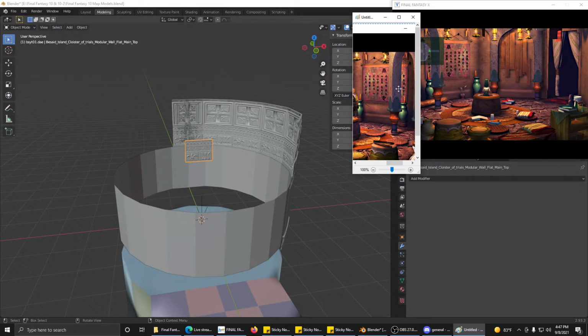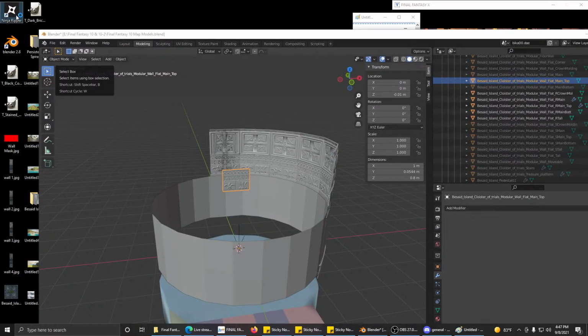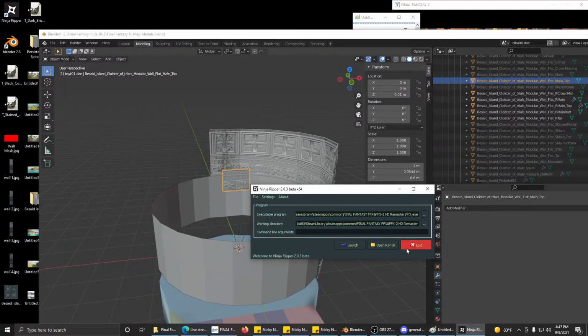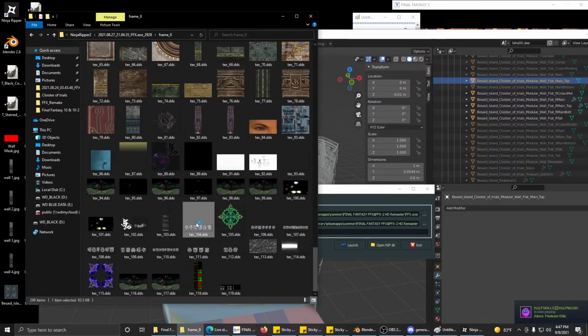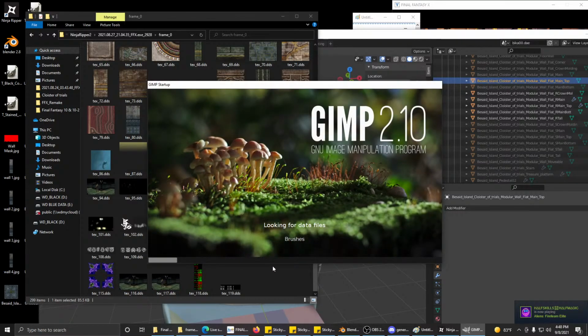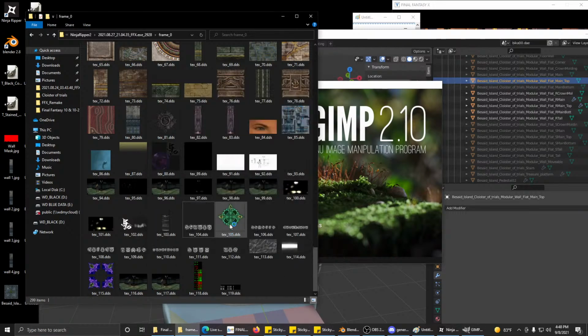So I can go ahead and make this in Blender, or in GIMP, using all of the symbols that I got from the Ninja Ripper. Open up the directory and go to frame 0. All of these. So I got all of these, and it's gonna open up in GIMP, but I can maybe